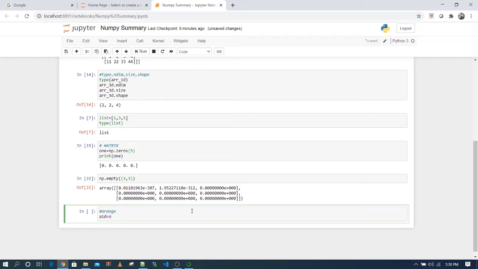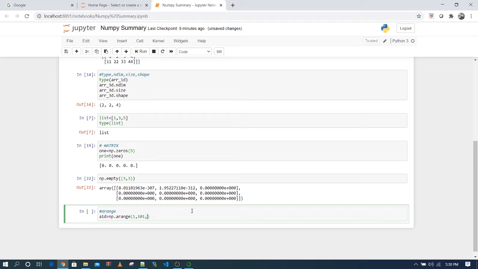To use that we call numpy and arange, specifying the starting element and the ending element, excluding that end element. So if you need up to 100, you have to pass 101, because this will be exclusive.